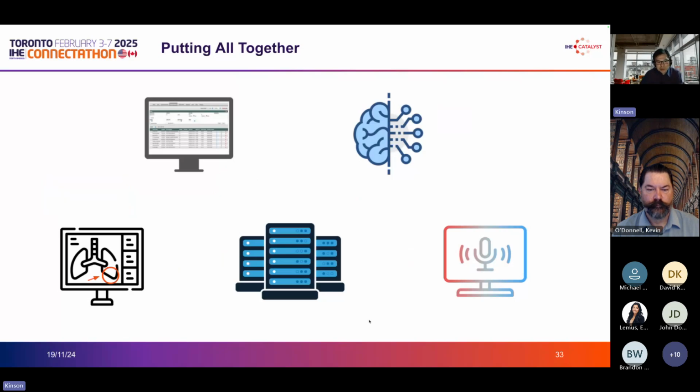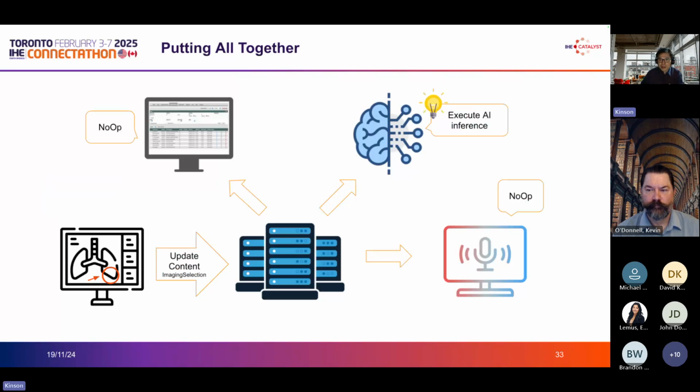Later on, the radiologist at the workstation creates some markup. With that new information, the PACS can create an update event and capture the markup using an imaging selection FHIR resource and send it to the hub. The hub again will distribute that event to all the clients. And then the AI applications may look at that information and say, oh, there's a markup. Let me see if there's any other AI inference I can execute to give you more information about that specific